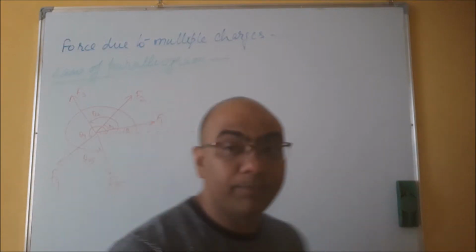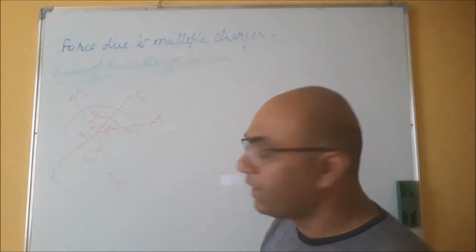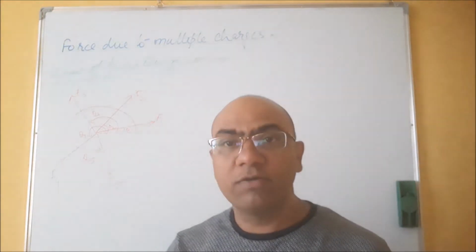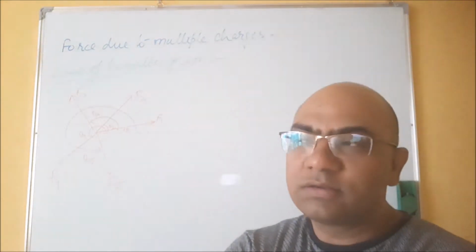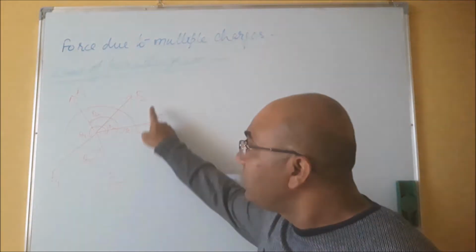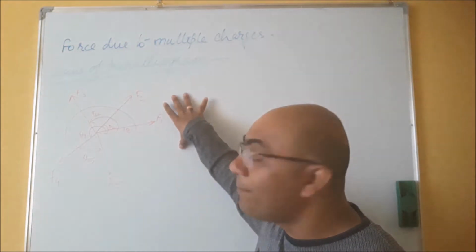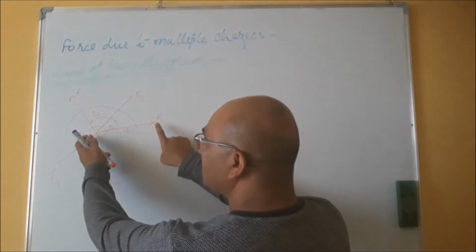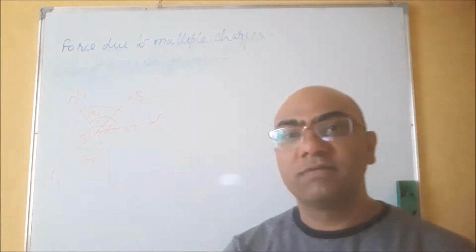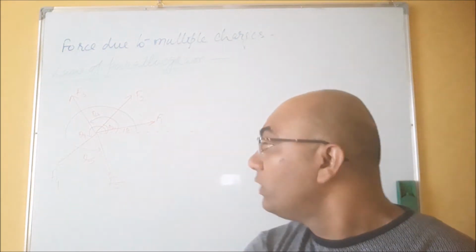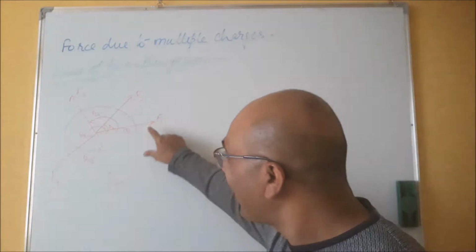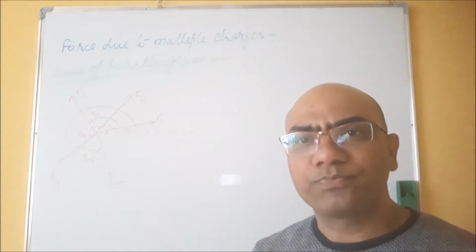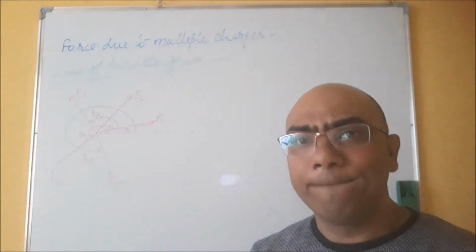Okay. At this particular point, I'm taking this as a reference point. Five forces are acting: F1, F2, F3, F4, F5, and all five forces are in different directions. So we can say this is a vector. Why? The magnitude is this, the length of this force is taken as a magnitude, and this theta1 is the angle of this force from this reference line, right? So the law of parallelogram says that